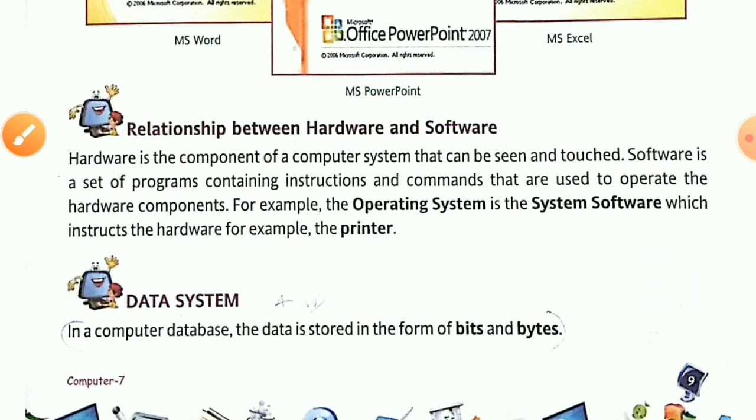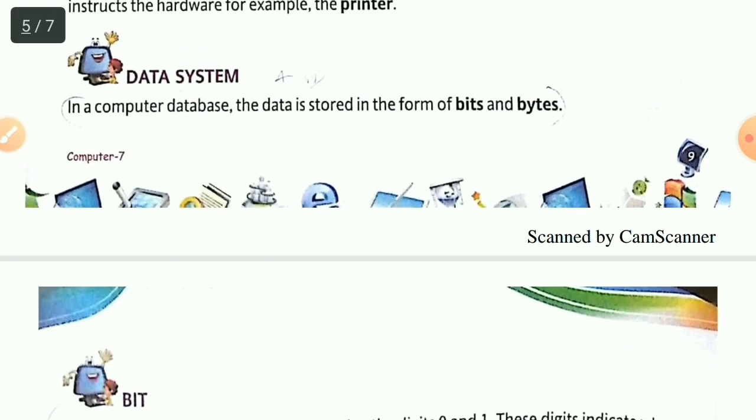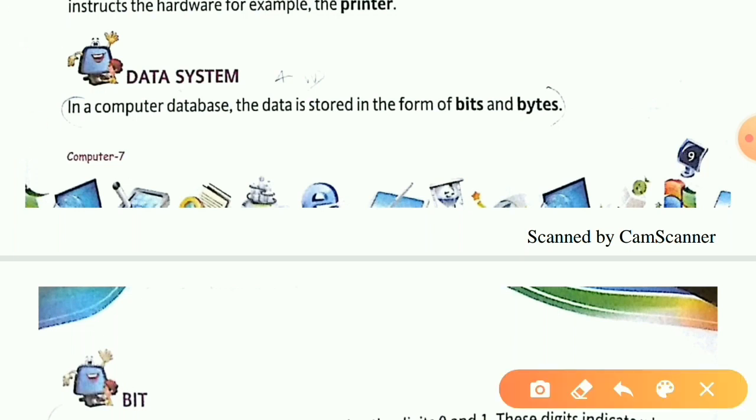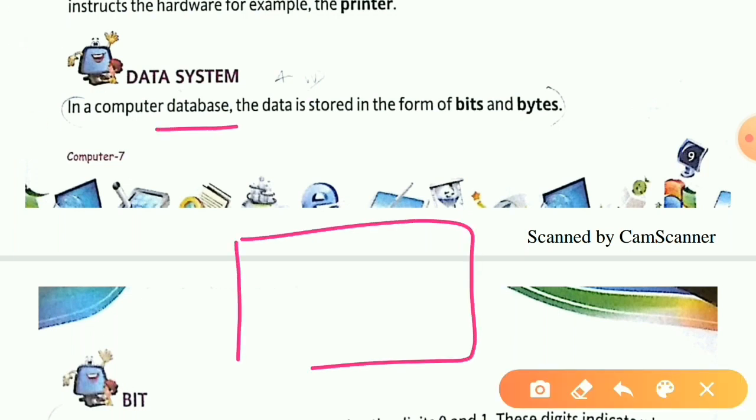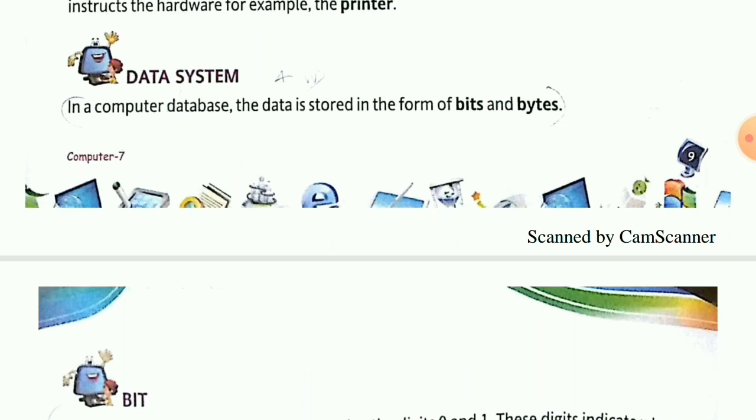Now coming towards the next topic, that is basically your data system. See, in a computer, if we are talking about a database, we are talking about your storage. That is, how the data is being stored in the computer or on the cloud or on the server, how your data is going to be stored. That is what your database means. Furthermore, we have the definition for the same also. But before that, let us understand some